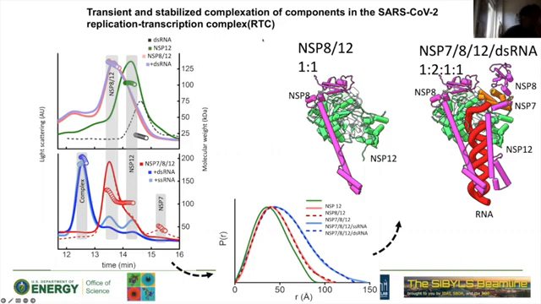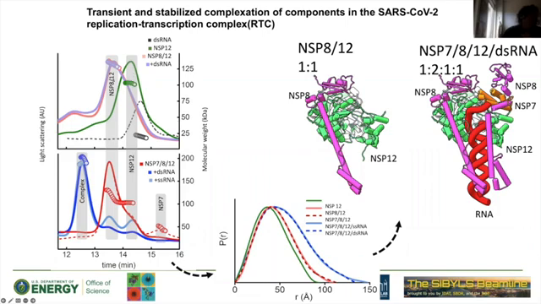And so there was a great project on the replication transcription complex, which is a huge complex of multiple pieces. They call it NSP12, the polymerase, where 7 and 8 are the cofactors. And indeed, SEC-coupled SAXS with the molecular weights was crucial to really separate these transient complexes and find out what is really happening. For example, here you see